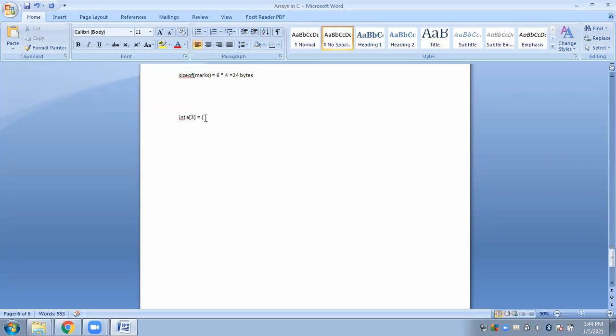Say I want to insert 3 elements in the array a. So how will I write it? You have to mention it in curly braces. Say the first value is 4, comma 7, next is 8. So this is the array. Immediately when you initialize this array with these values 4, 7, 8, what will happen is